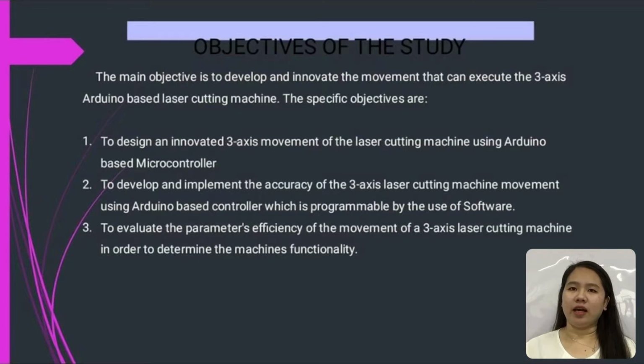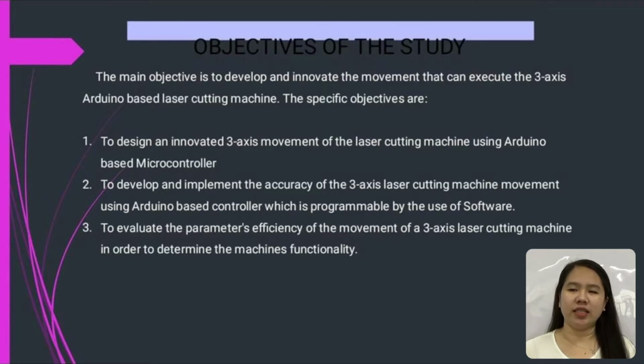Objectives of the study. The main objective is to develop and innovate the movement that can execute the 3-axis Arduino-based laser cutting machine. The specific objectives are, first, to design an innovative 3-axis movement of the laser cutting machine using Arduino-based microcontroller. Second, to develop and implement the accuracy of the 3-axis laser cutting machine movement using Arduino-based controller, which is programmable by the use of software. Third, to evaluate the parameters efficiency of the movement of the 3-axis laser cutting machine in order to determine the